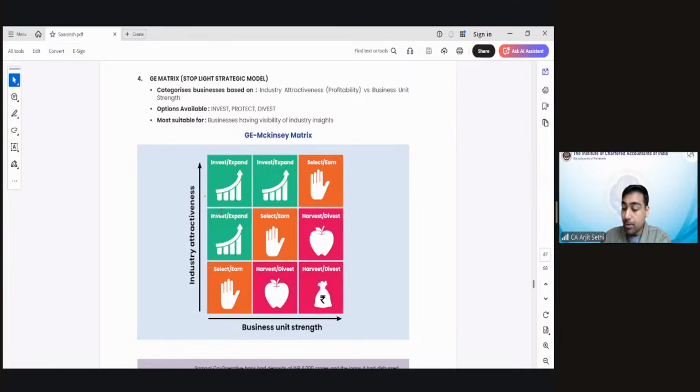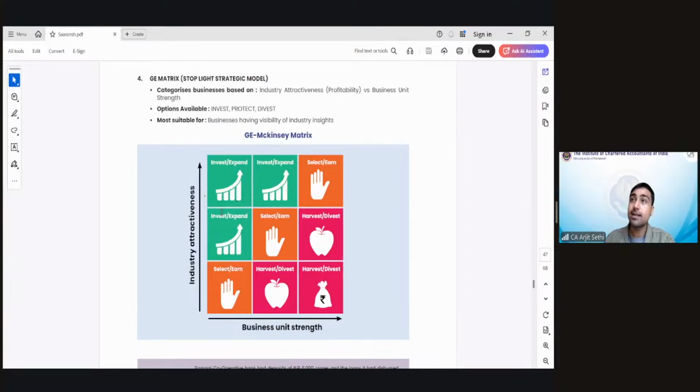But building a cement plant is so expensive that the margins are only 2 to 3%. Which is a more attractive industry? Obviously CA practice: easier to start, better margins, easy to wind down, easy to switch to other businesses. Cement plant, once built, selling it is a task, right?